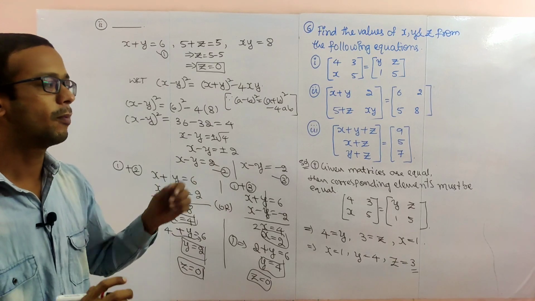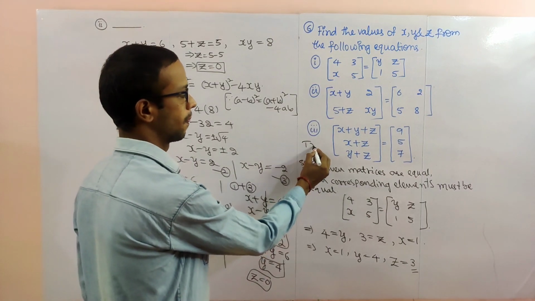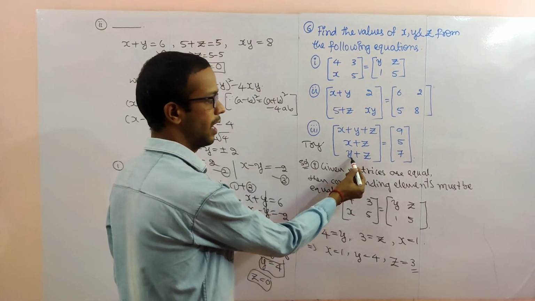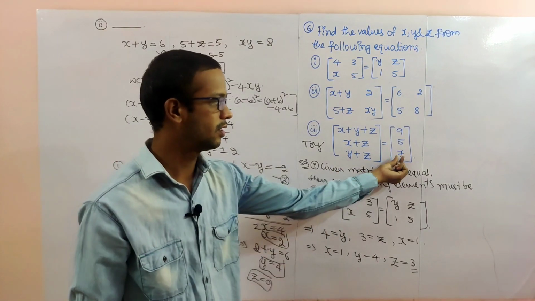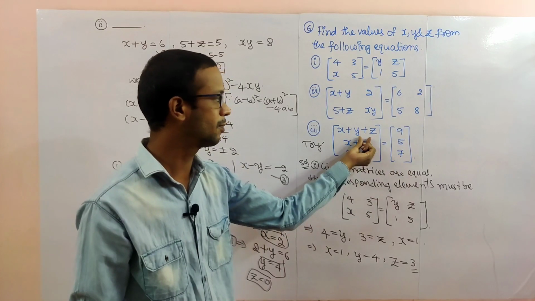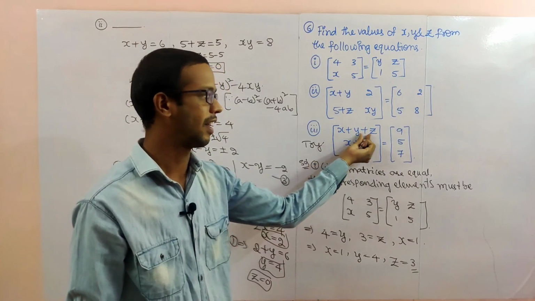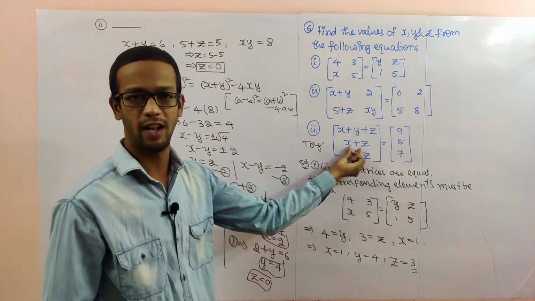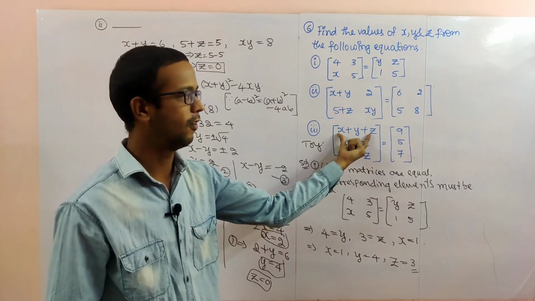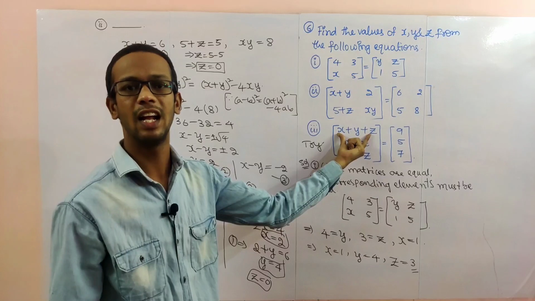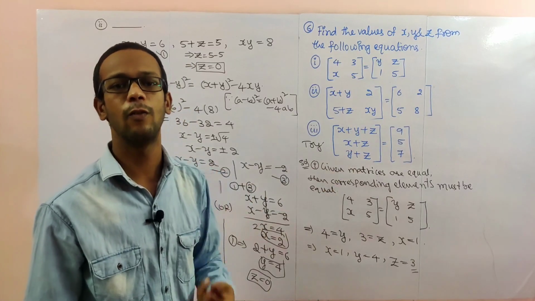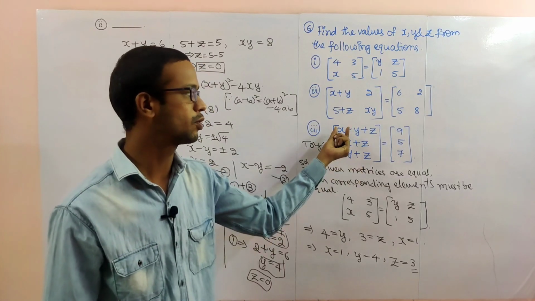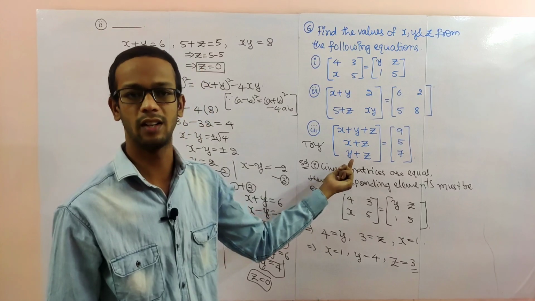Next, problem number 3. Try yourself. You can observe here: y plus z, y plus z is equal to 7, you will get. The 7 substitute here: x plus 7 is equal to 9, x is equal to 2. Next, x plus z, in these two places 5 we can write. Y plus 5 is equal to 9. Y is equal to how much you will get? 4. Next, x value we know and y value we know. Substitute the two values here, or y value substitute here, z value we will get.